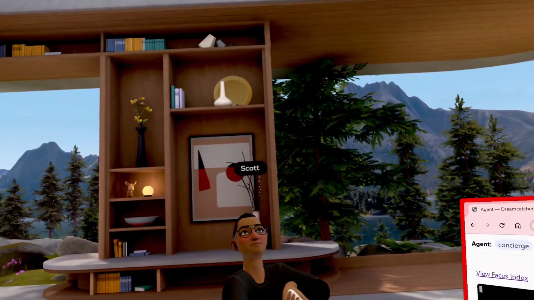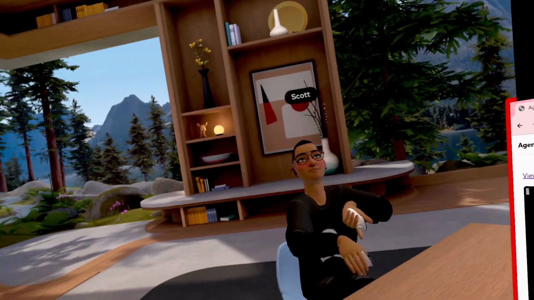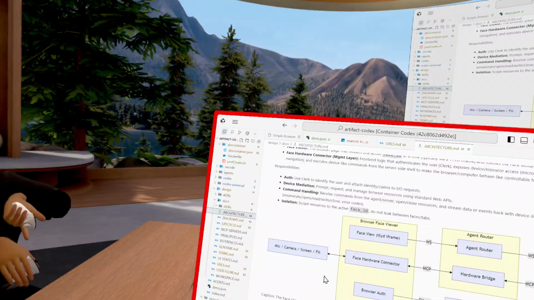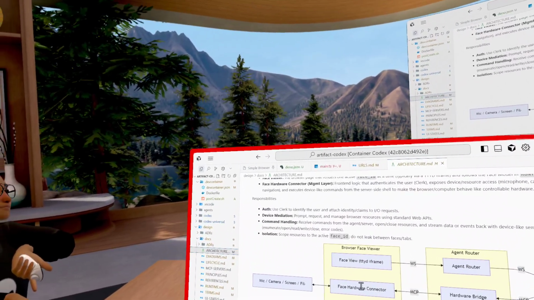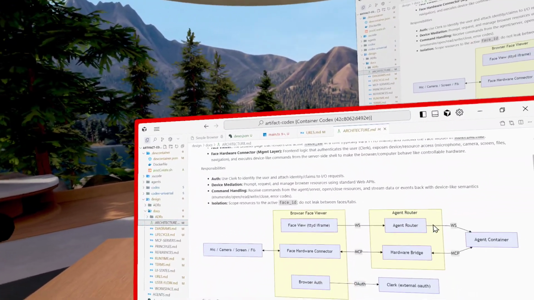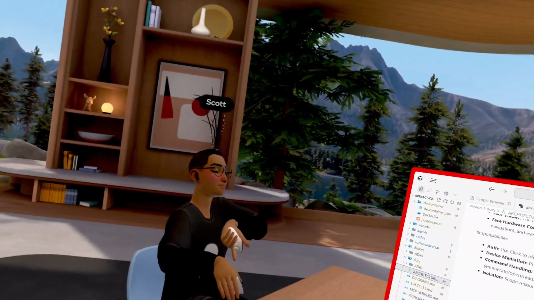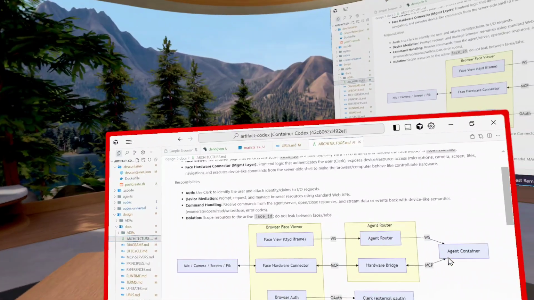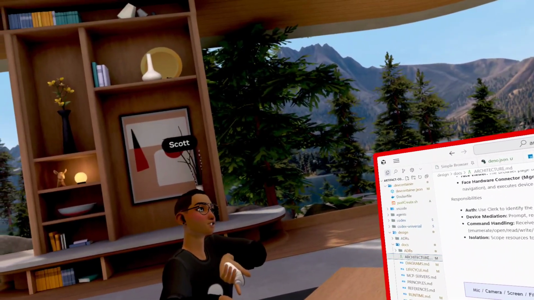Right. And that's how you bring the hardware in with you. But that could be anything. It doesn't have to be the browser's hardware. It's just saying that as you navigate around, you can connect arbitrary things into these agents, no problem. So into the agent container, which ultimately will deal with whatever.